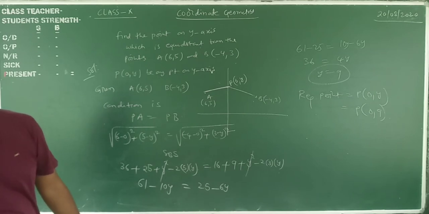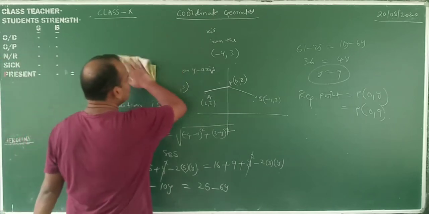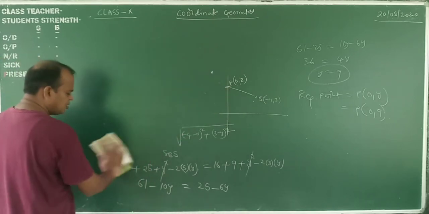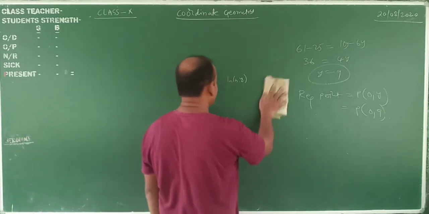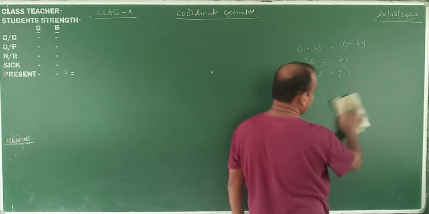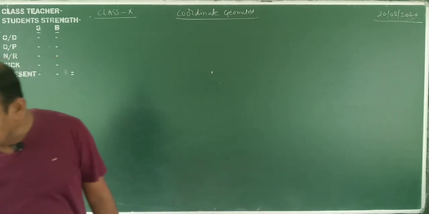Okay, the remaining we will do easily. To determine whether points are collinear, the area of the triangle must be equal to 0. I explained only one problem for each type. Already I explained the triangle type, completed. Now the distance type is completed. Now we are going to the next one.